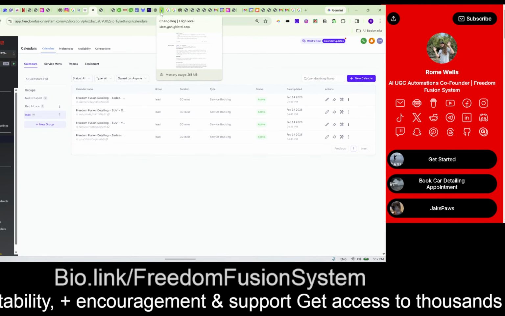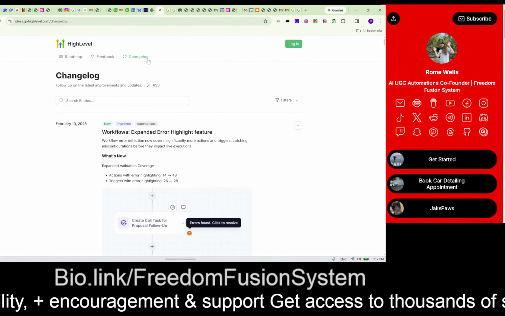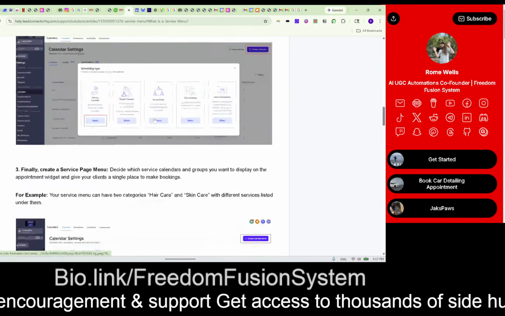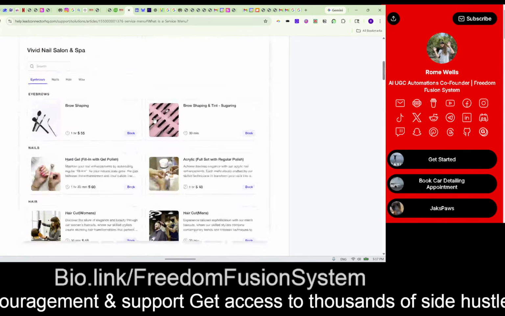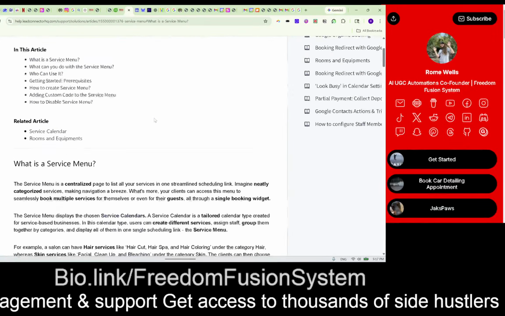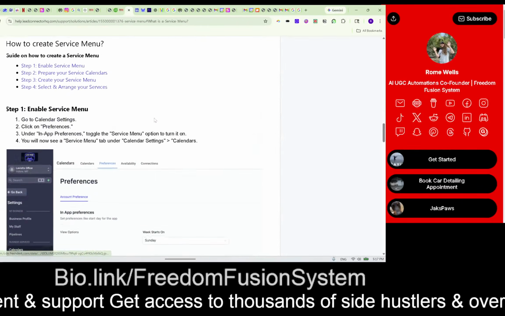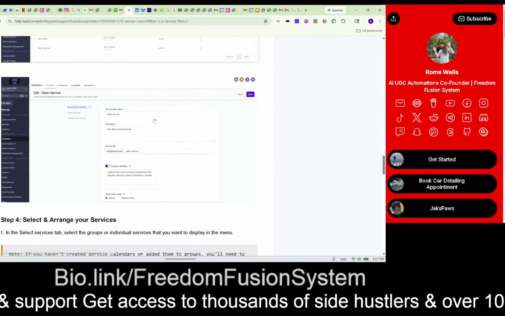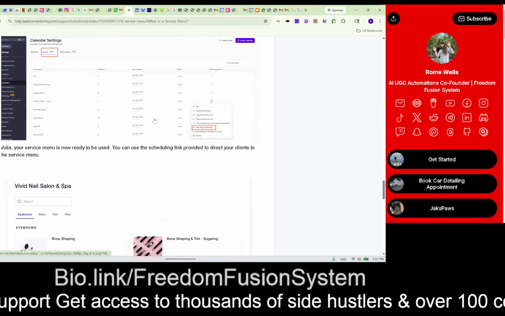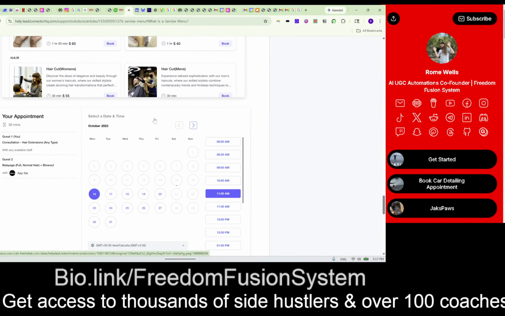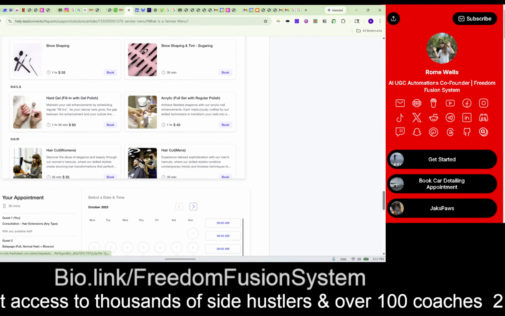So the first thing I wanted to show you is the actual Go High Level page, just to quickly show you what this looks like. You could take a screenshot of that calendar and it just walks you through the steps over here. It's fairly trivial to set it up and connect this to Google, but ideally, when somebody goes to a Google page, they'll be able to see your calendar and they'll be able to set